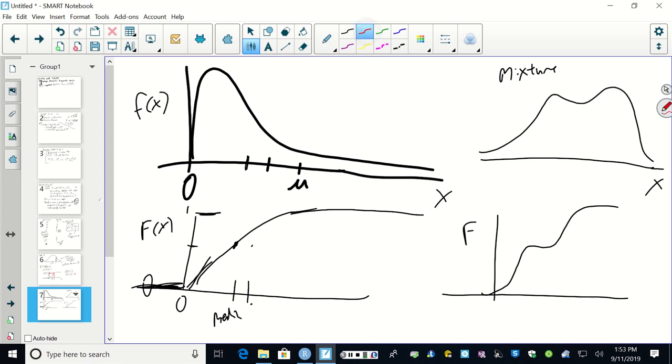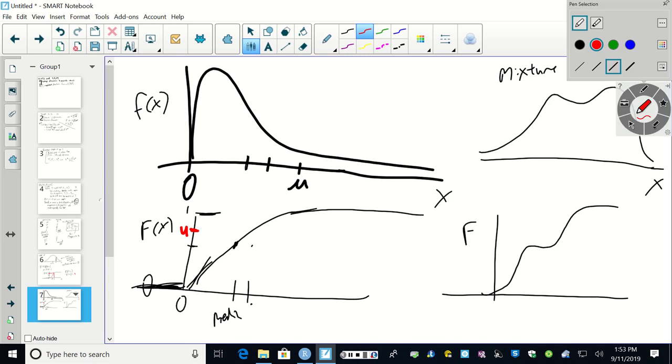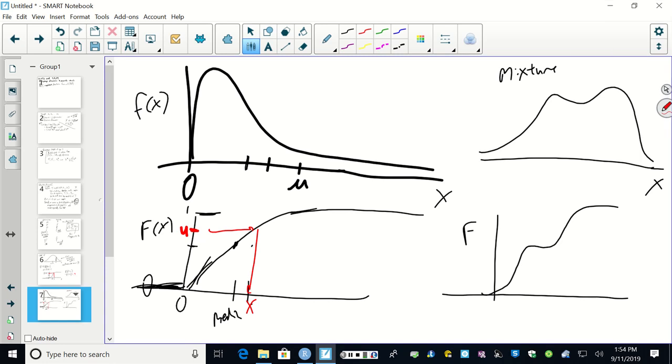And we just take some random number u, like a random uniform, and map it over to this thing, and then map it down. Right? So we'd end up there and get a value of x. So a way of generating a random sample